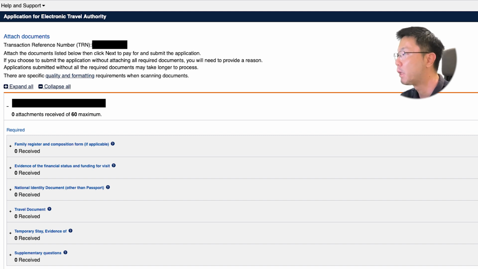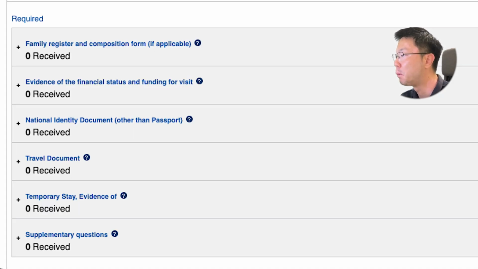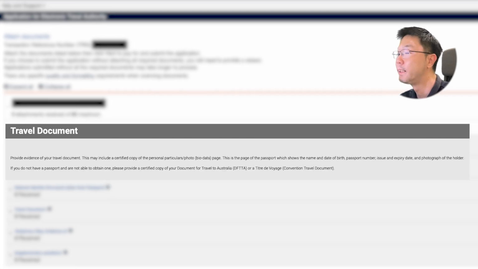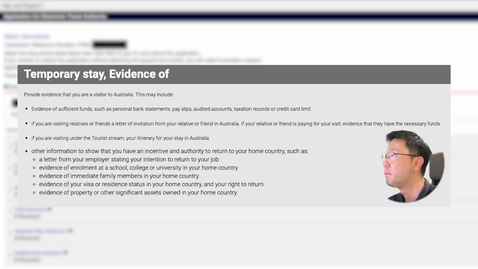So the documents that are required are like the family register and composition form, evidence of financial status and funding for visit, national identity document other than passport, travel document, temporary stay, evidence of, and supplementary question. So the national identity document is a copy of your national identity card. From Malaysia, it's a copy of both sides of our NRIC. And then the travel document is the copy of the passport, the bio data page, and then the temporary stay